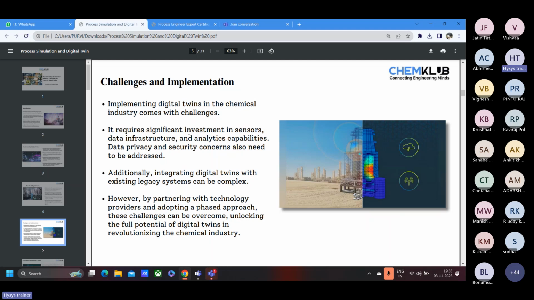So these are some of the challenges. If your plant is very old, you will not get proper sensors. They are not calibrated, or they are not in the DCS system. Those kinds of things you can face. But I think most of the companies nowadays, which are 15, 20 years old, have very good sensor capability and data infrastructure. And another issue with respect to this is the data privacy and security concerns,